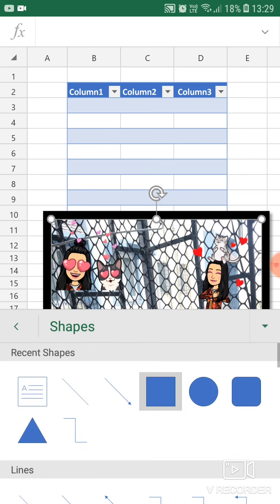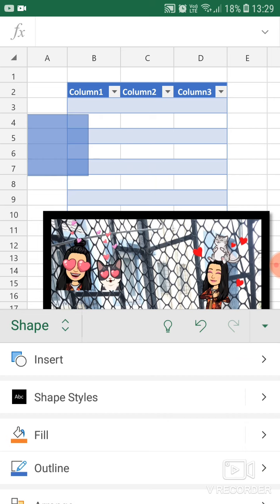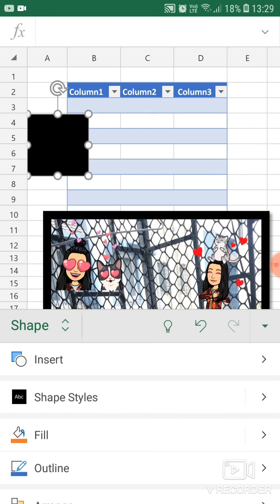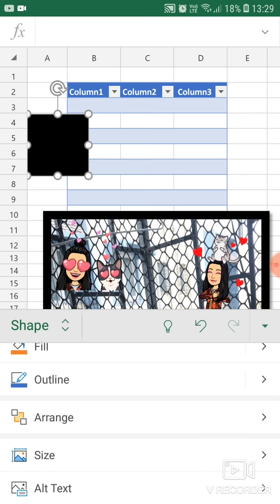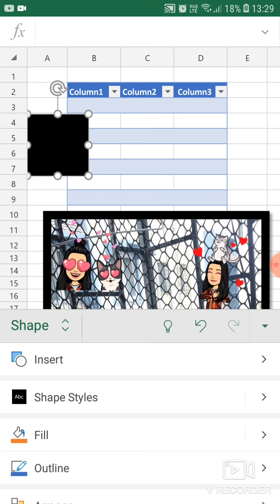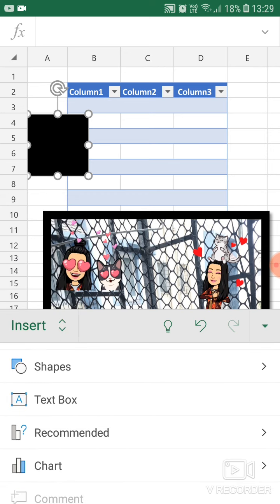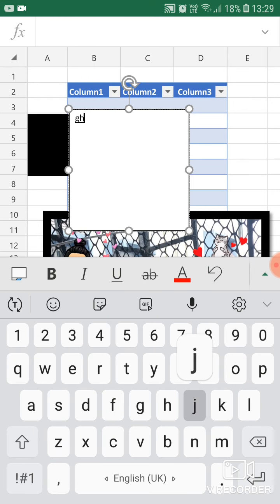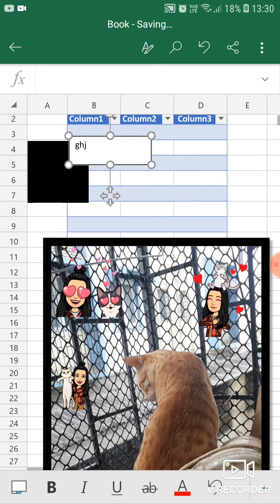Shapes means if you want to bring any shape, you can bring it here and stick it anywhere you want. You can give any shade, color, fill color, outline. You can make the size proper, and many more. Same here. Text box: if you want a text box, you can click, write anything and place it anywhere you want.